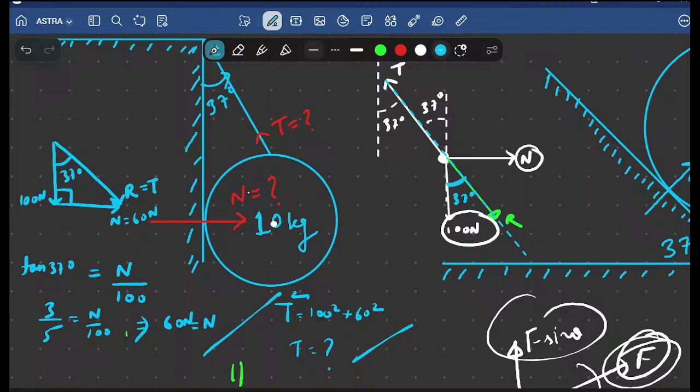So it makes your problem very easy. Have you understood the trick? Have you understood the way how to solve these questions? Yes or no? Everybody have got the point? Please reply, everyone.